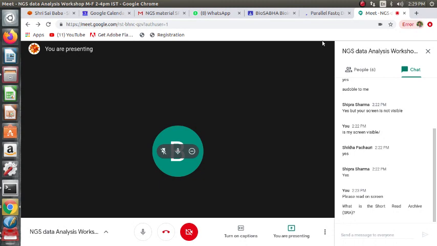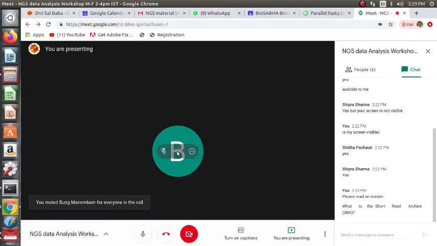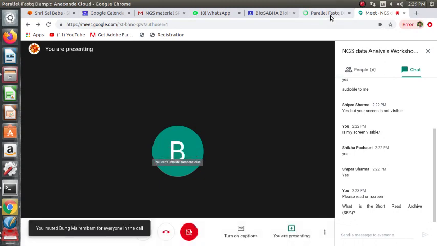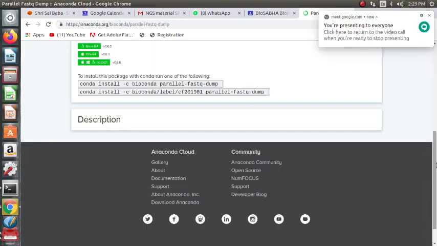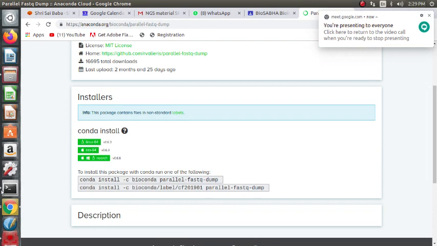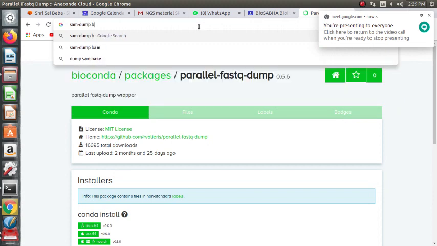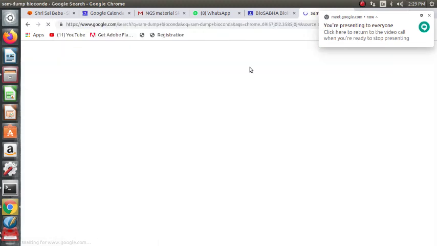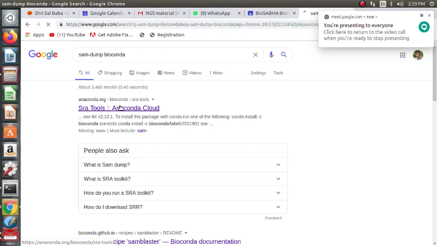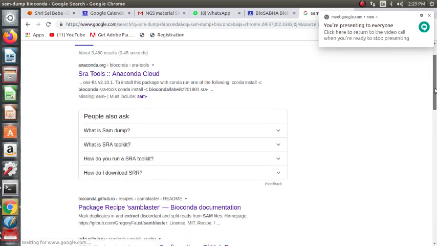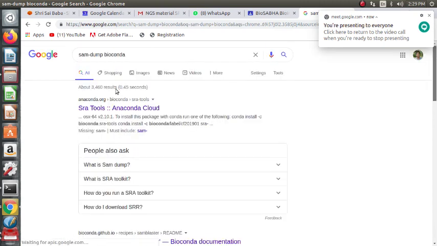So parallel FASTQ-dump is for downloading the FASTQ data, and if you want SAM-dump, which is for downloading SAM files, you have this, which is available from SRA tools, right?